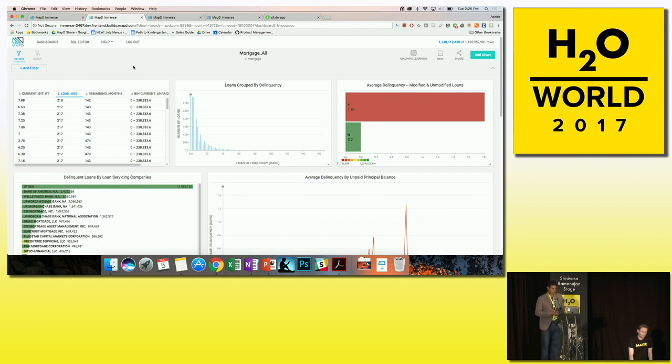This demo uses a public data set called the Fannie Mae / Freddie Mac data set, where we have, as you can see, almost 1.1 billion rows of mortgage data for single family homes. All information from the origination, which is the information on the credit score of a person, the interest rate they got, the principal they're paying on it,